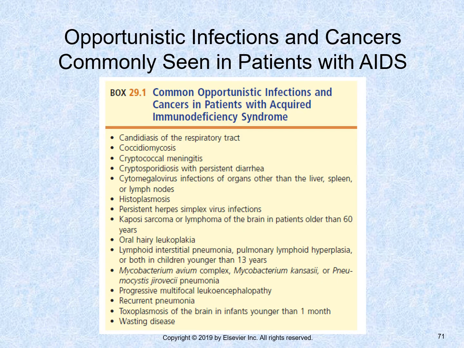Once human immunodeficiency virus progresses to AIDS, patients can be more susceptible to opportunistic infections and cancers. Box 29.1 from the textbook lists some commonly seen infections in patients with AIDS. So you'll see there's several infections caused by Candida and yeasts, along with mycobacteria species. There's also cancers such as Kaposi sarcoma or lymphoma that are more commonly seen in AIDS patients.